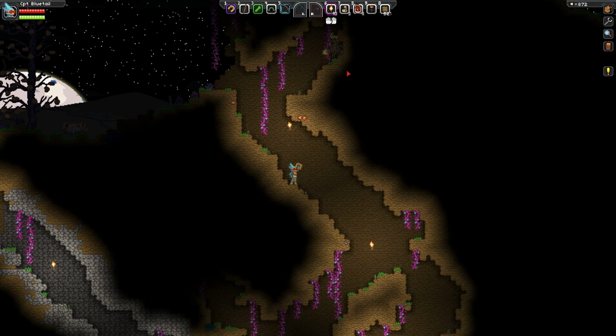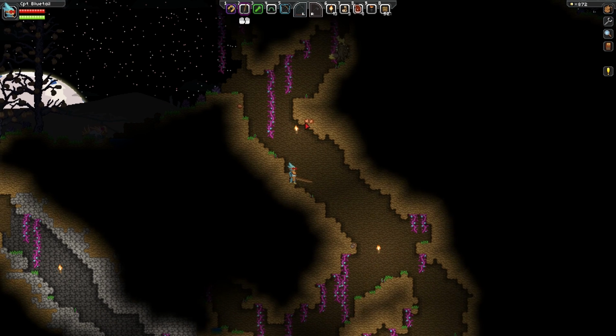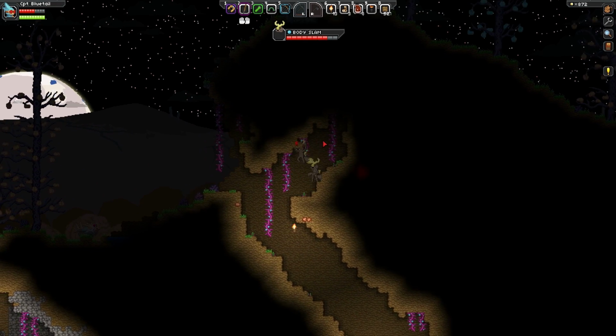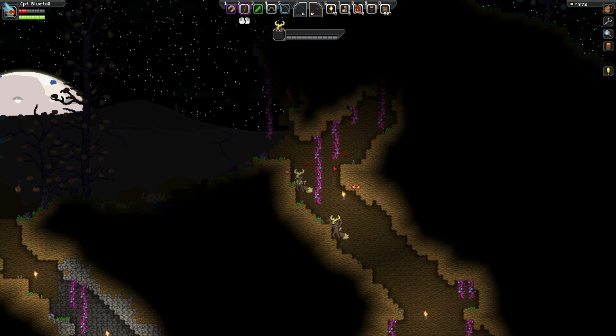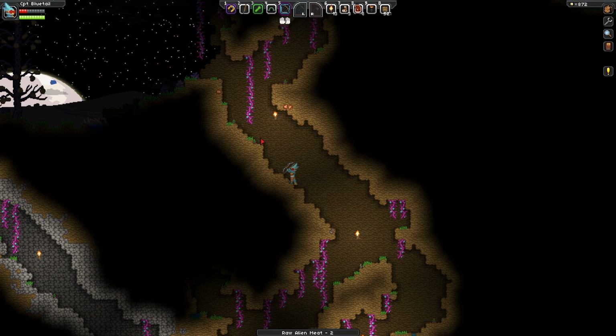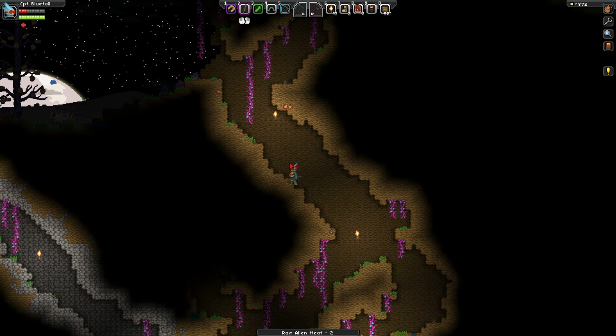These raging deer. That's what they are. Hopefully they don't have a breath weapon. I'm going to hope that they're kind of easy to dispatch here. Except when I fall. There we go. Not too bad. We're a little bit hurt, but...